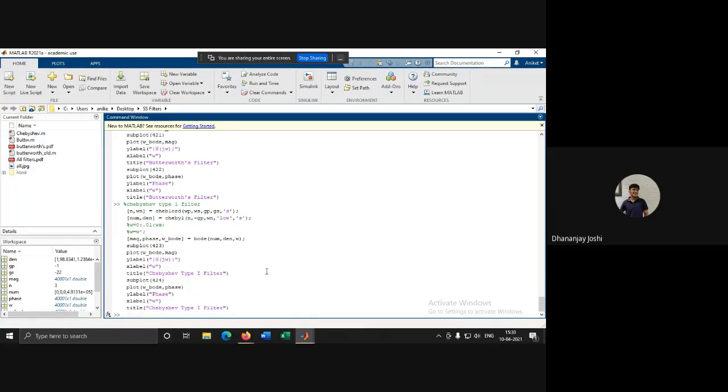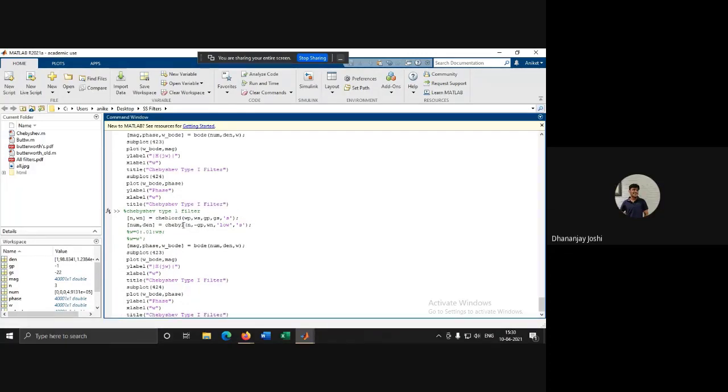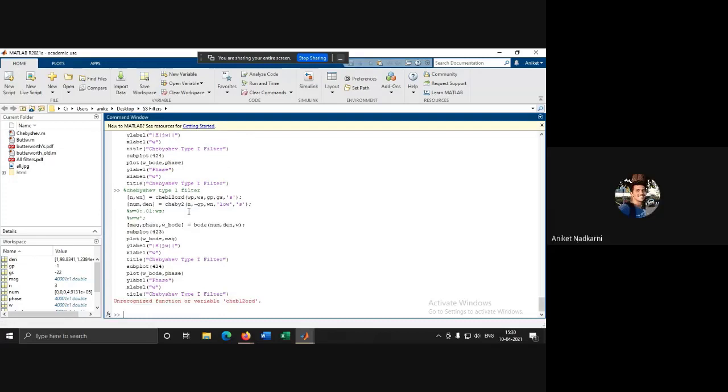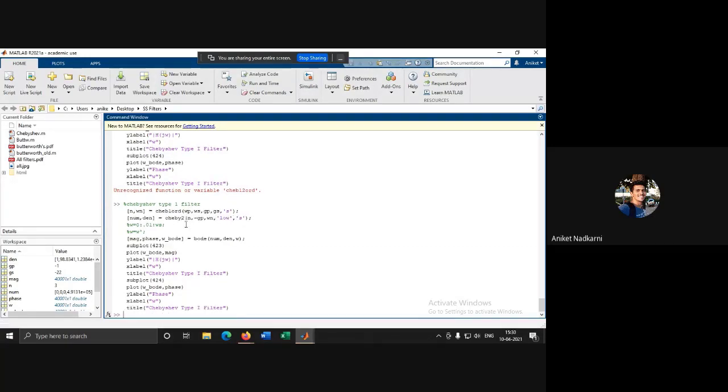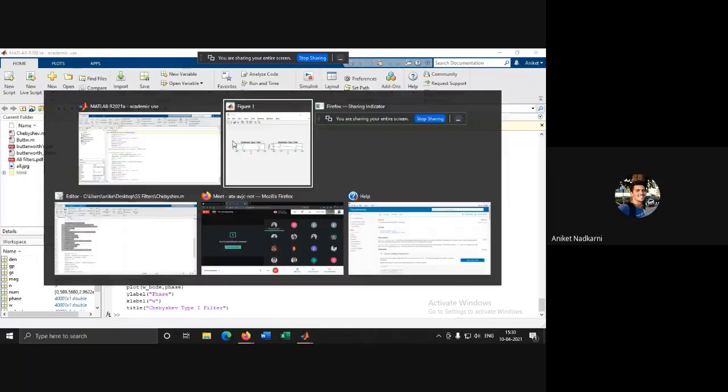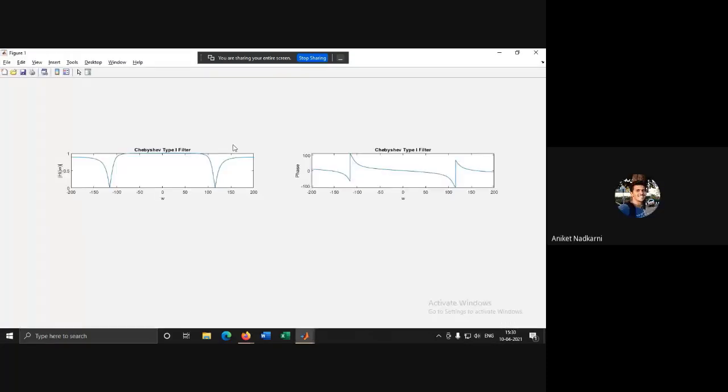Now to plot the Chebyshev 2 type of filter, he just has to change it to cheb2 and cheb2ord also, Aniket. Anyway, we can do this, and see, the graph has changed to a type 2 filter.